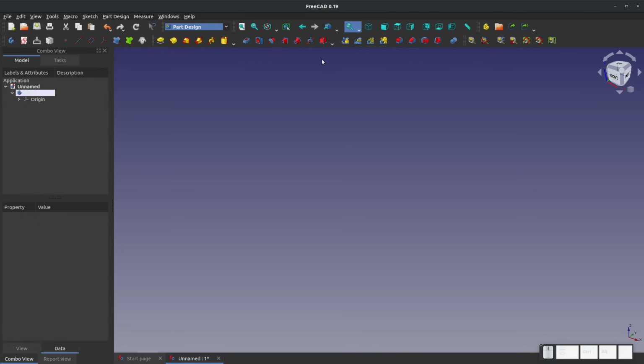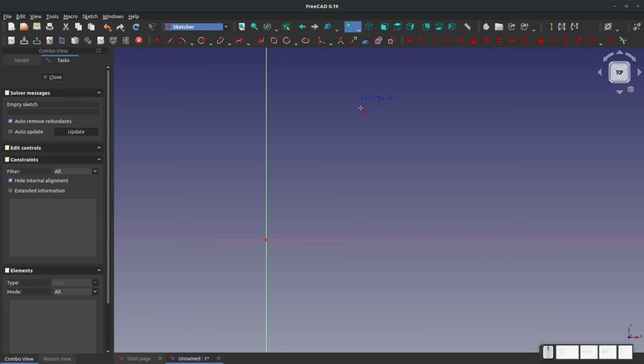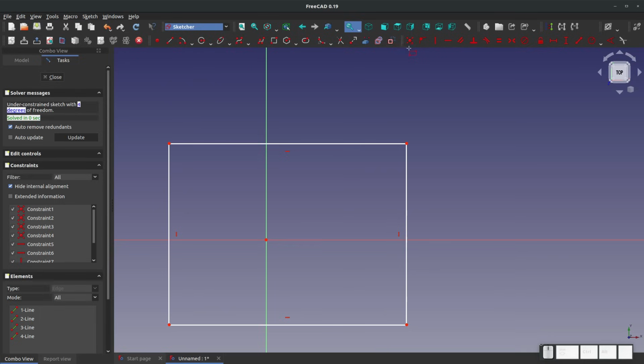We'll go through some of the more CSG modeling type stuff in this video later on. Okay, so now let me sketch on my, say, XY plane, and I'm going to draw out a rectangle and select corner to corner to